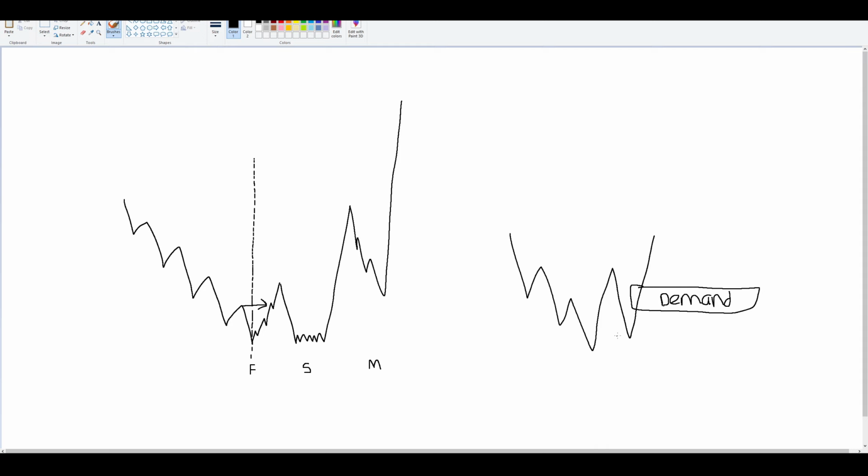Why does this happen? Well, the reason this happens is because, number one, we know that institutions, they're not going to wait for you to get in the market. We're not important to them. Besides our liquidity, they couldn't care less. All they need is our liquidity, and that's it. Now, they already captured all the liquidity on Sunday and Friday.